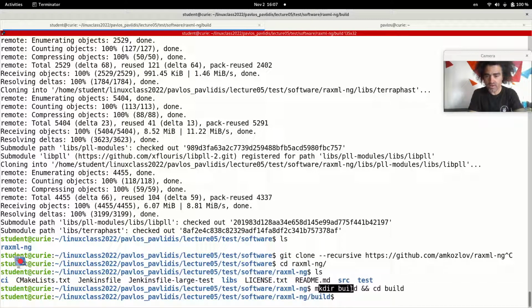So if you manage to execute this command, then execute this command. And quite often in pipelines, it's better to use the ampersand instead of splitting these two commands in separate lines, just because the second command directly depends on the successful execution of the first one. Okay, so I'm inside build now,